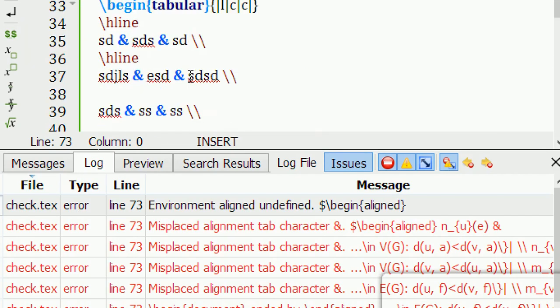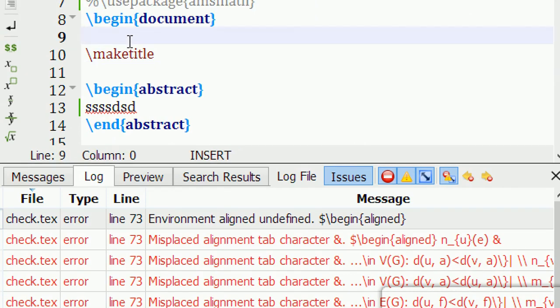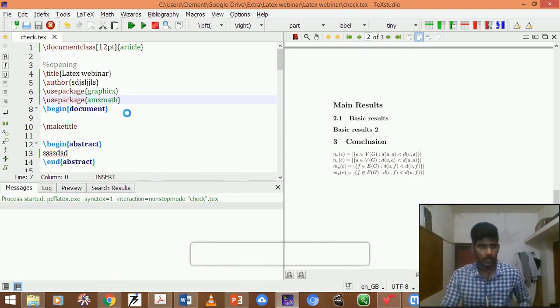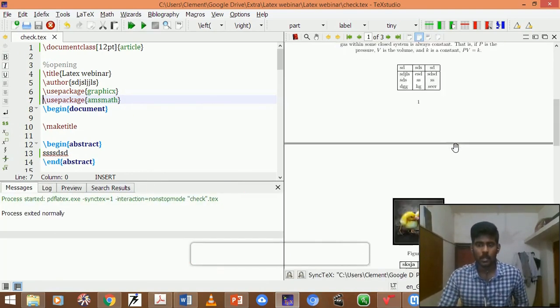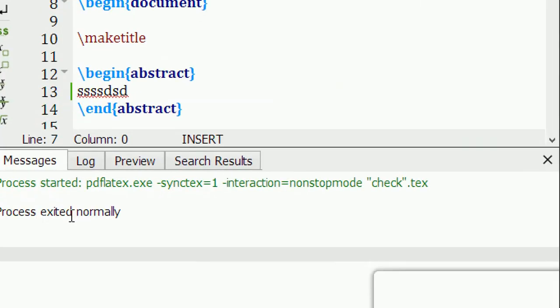There is 100% some package missing. So at that time it is needed to insert the package, that is your AMS math package. After inserting that, if you compile it, it will not show any error. Okay, the process executed normally.